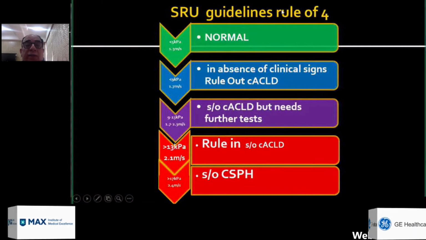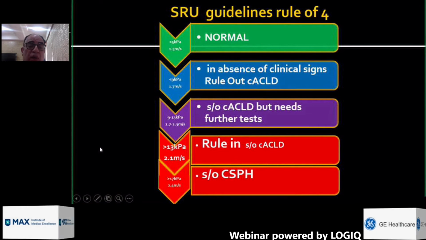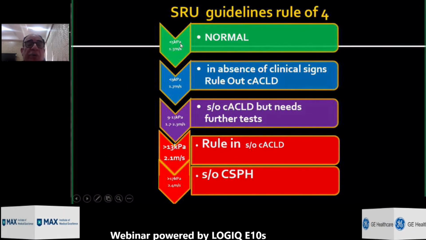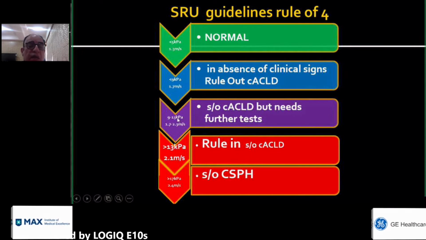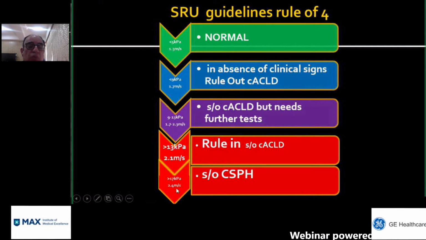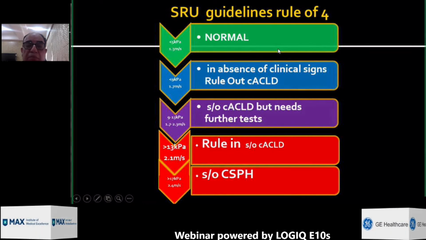Now, Nidhi already spoke about the SRU guidelines, and again, this is a good graphic for the radiologists to remember. We increase every level by 4, so 5, 9, 13, and 17 kPa, and similarly 1.3, 1.7, 2.3, and 2.4, 2.1 and 2.4, and this allows us to remember easily